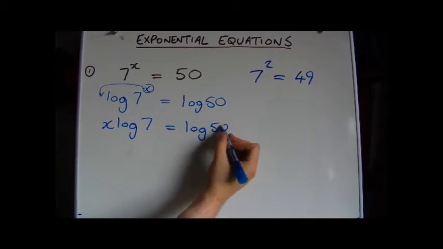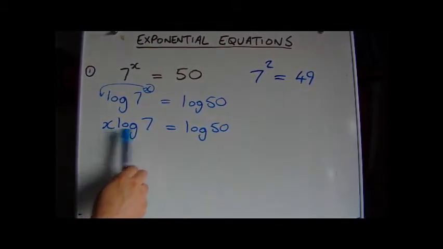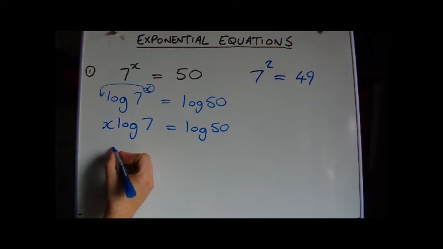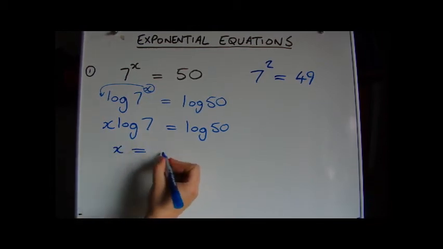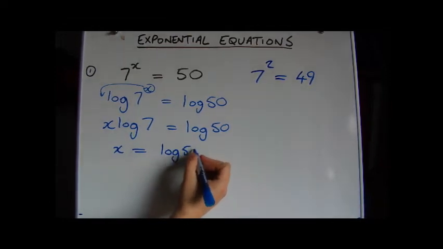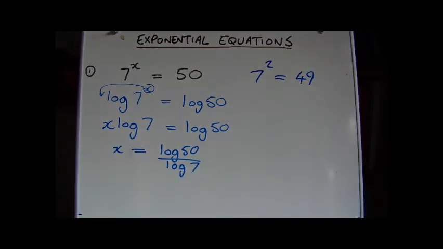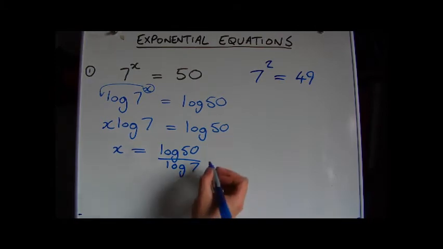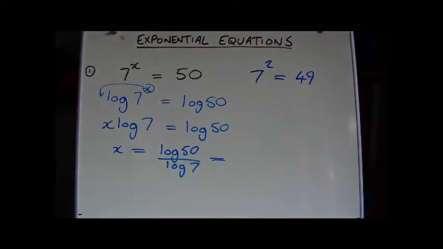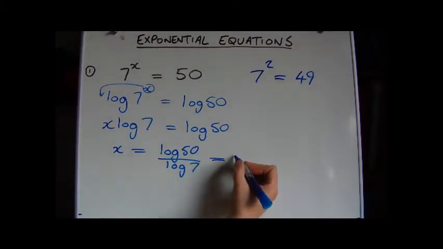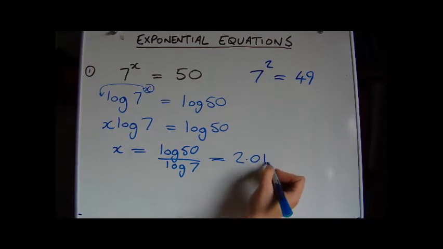And then it's just a case of making x the subject of this equation. So we divide both sides through by log 7. So what we'll get is log 50 divided by log 7. At this point you will use your calculator. Calculators usually have base 10 or base e, which is written as ln. If we use base 10 on mine, I'll find out that this is equal to 2.01038,